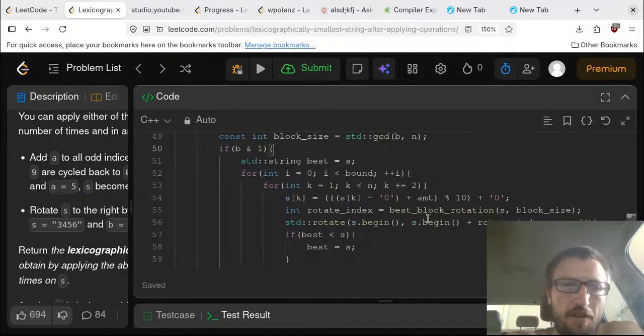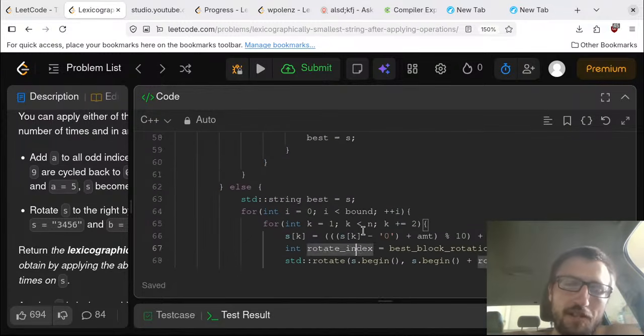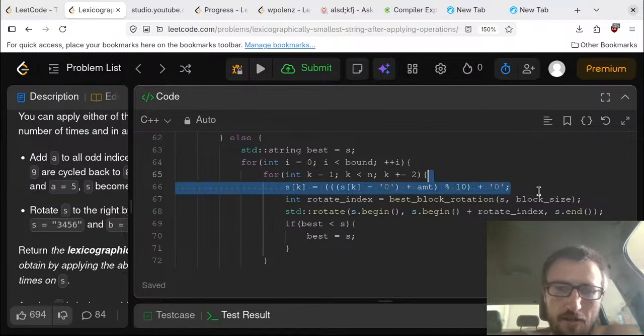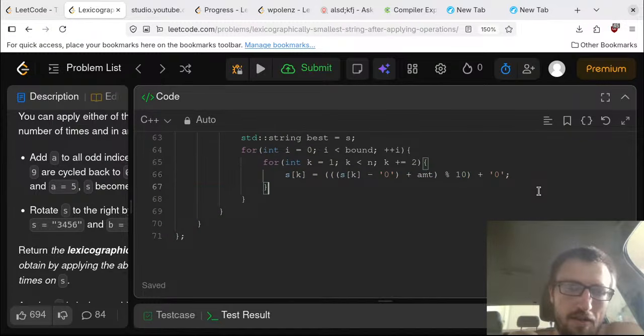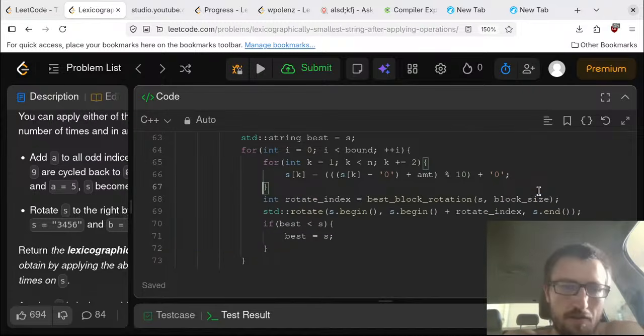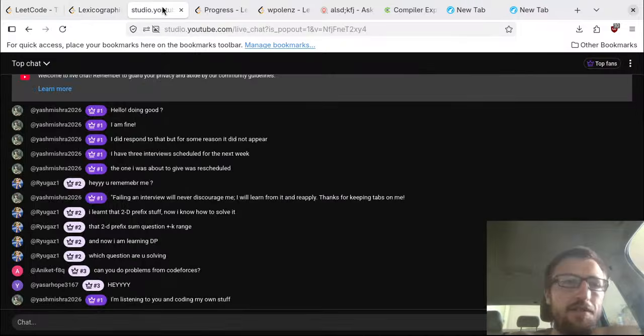So here, these rotations are fine. What's interesting here, though, is that whatever rotation I use in the even case, I'm only ever going to be able to modify the, oh, this also is wrong. This doesn't go here. This goes here. I'm only ever going to be modifying the odd indexed values anyway, so I don't need to,